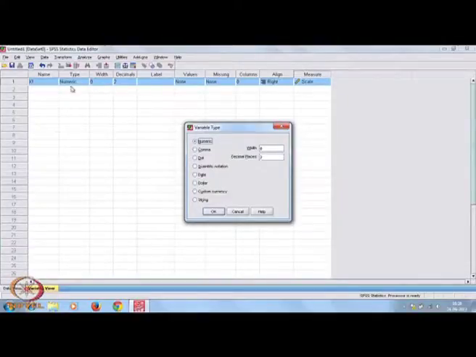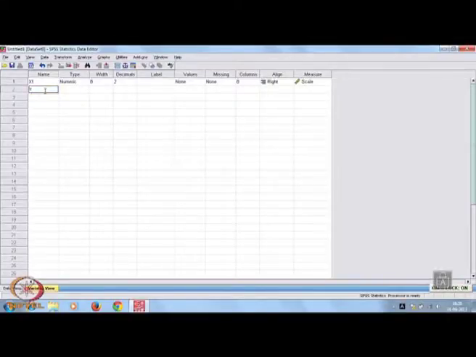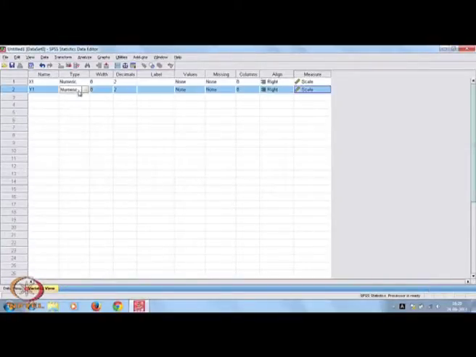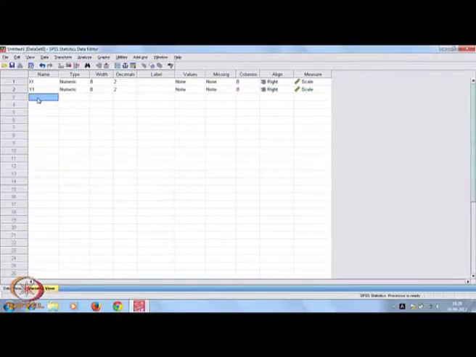For example, let x1 be a numeric variable and we are giving the width 8 and decimal places 2. So, that means up to 2 decimal places you will be storing here, then OK. Give one more, suppose let it be y1 and this one also numeric with same thing.